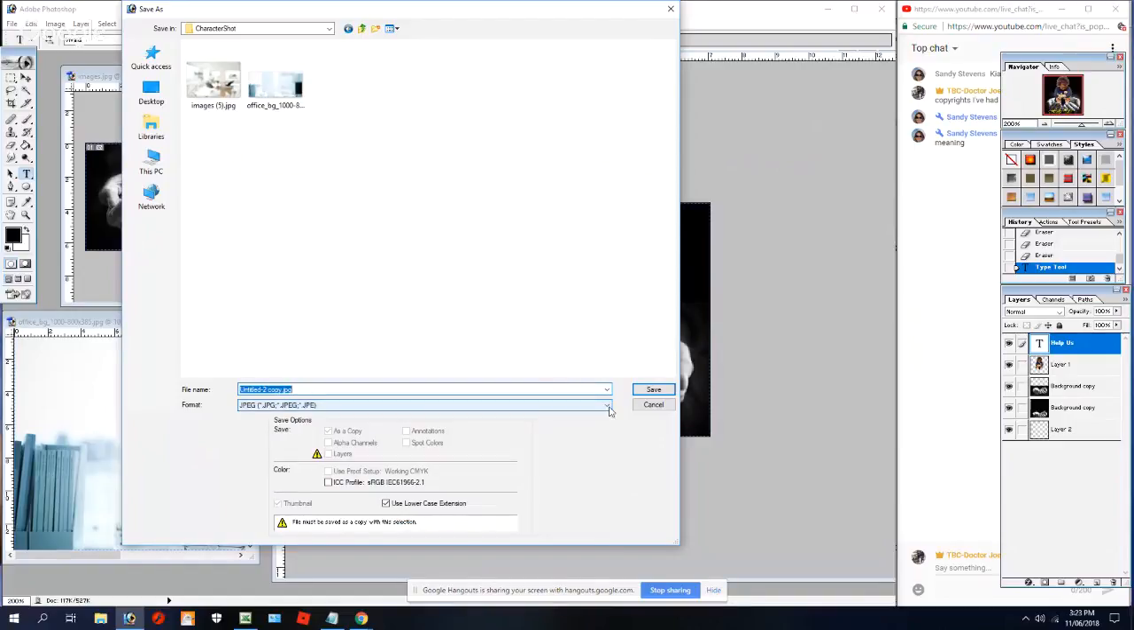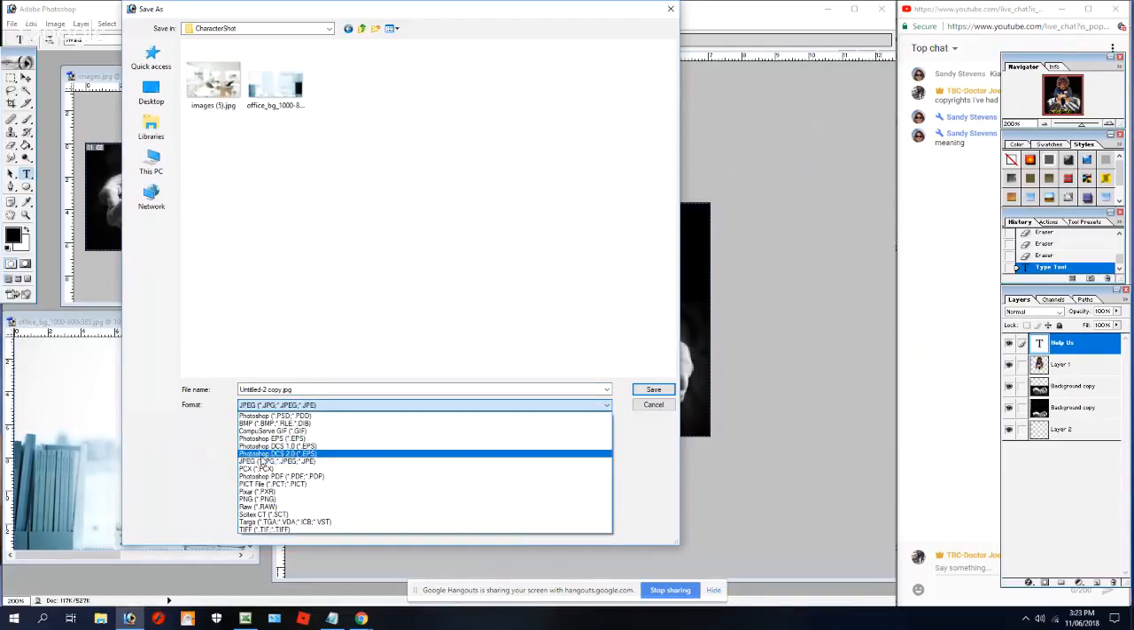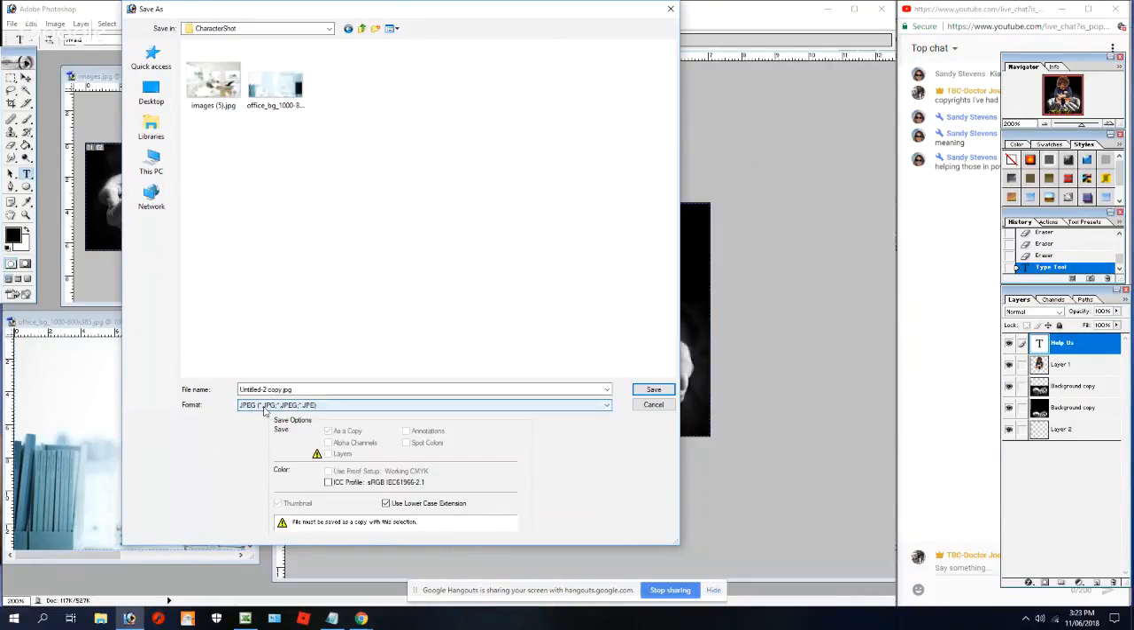But you can save it as anything on here. Any of these, you can use them. You can save it as a bitmap. I always save them as a JPEG, and I give it a title as well. So I take away that copy. I just leave .jpeg there, and I add a caption or whatever, and this one will be help me